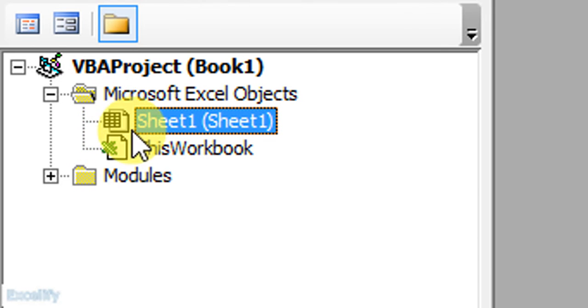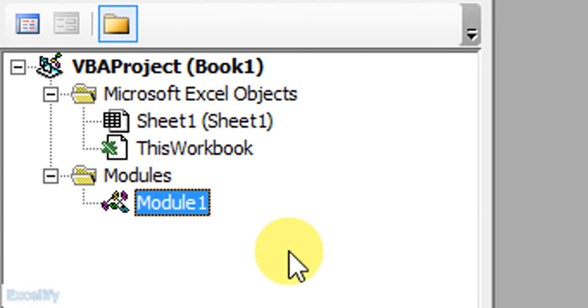And apart from the predefined objects, two other things will be coming. One is modules. The recorded macros will be saved in module 1 or whatever module the latest available is. You can also create your own module. These modules will work across the objects. You can enter or loop 2 or 3 sheets or the entire workbook in it and give codes accordingly.